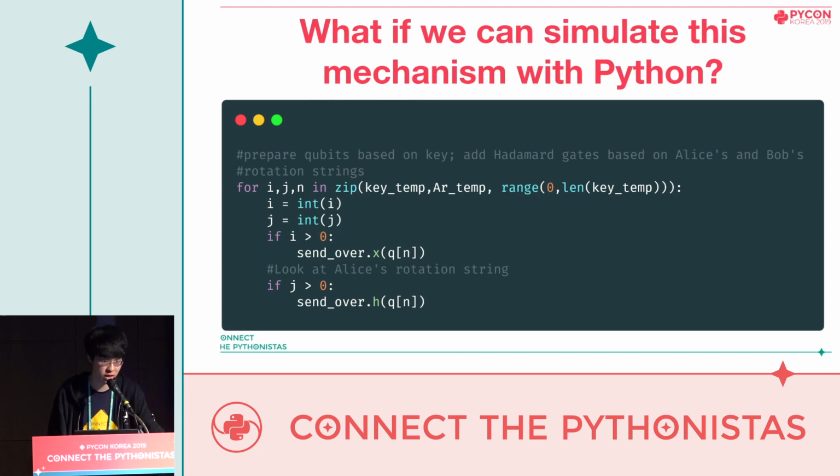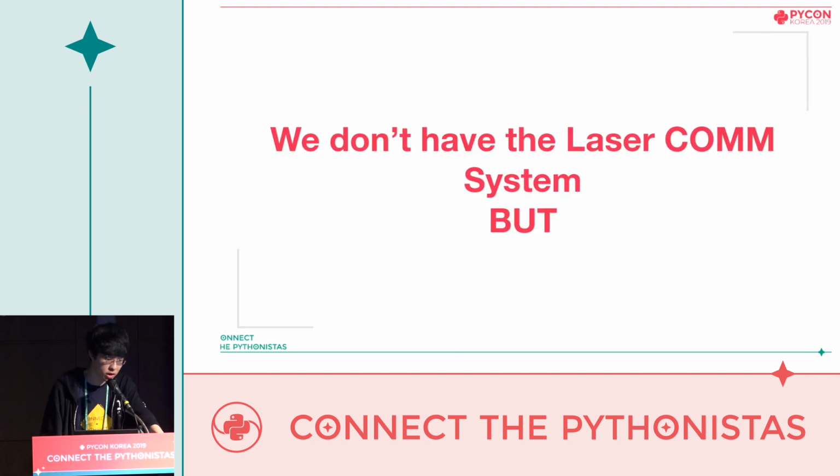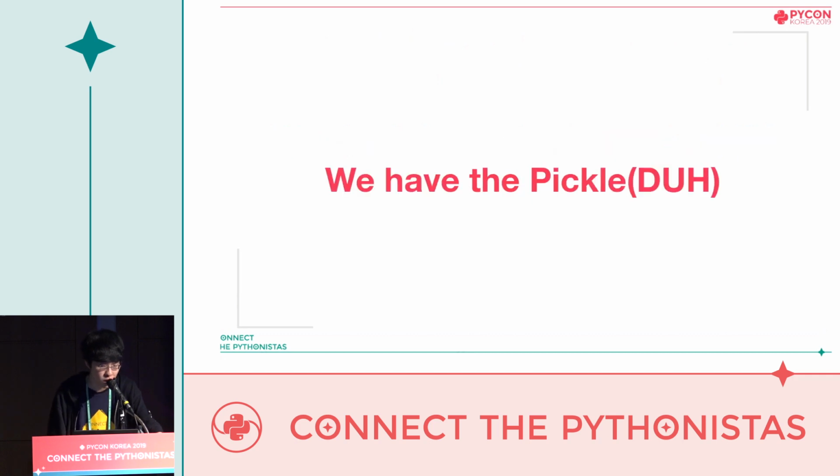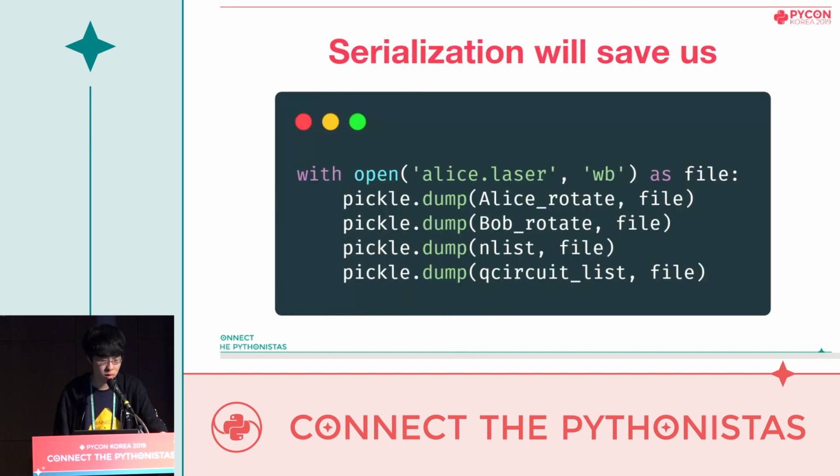And here comes a crazy idea. We don't have a radio communication system, but what if we can pickle the qubit with Python? Qubits and the entire quantum circuit are also objects in Qiskit. Why not just serialize them all to a text file? Okay, somebody may say Pickle has so many vulnerabilities. But the thing is that I don't care. What I care about is simulating the QKD, BB84. When I was developing this, nothing else was on my mind.